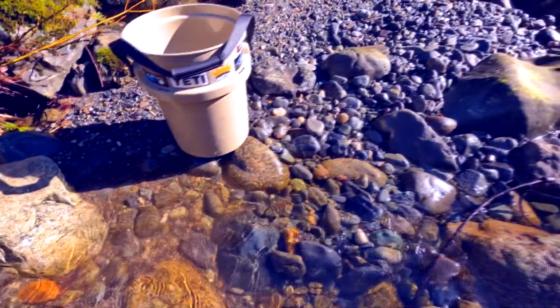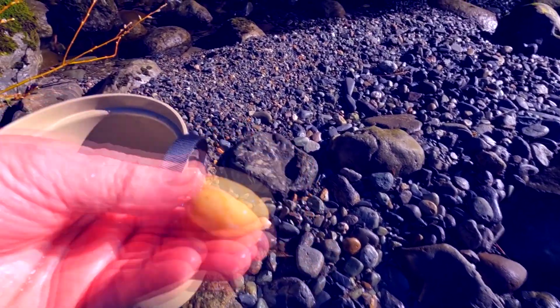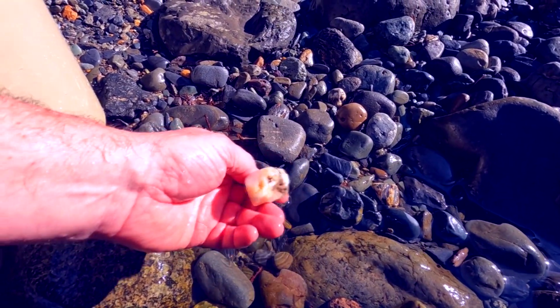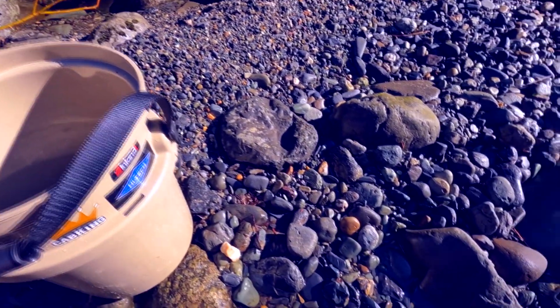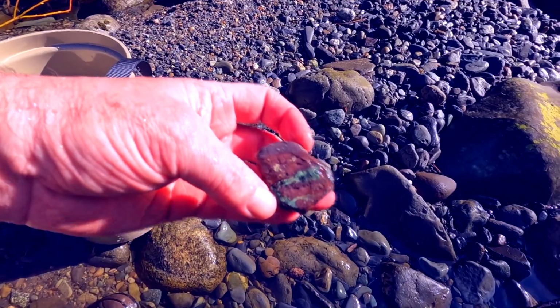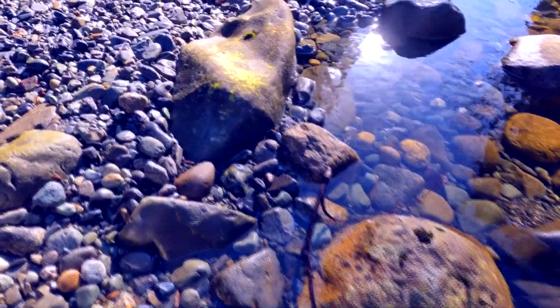Saw a piece of quartzite, I thought, here too. Oh yeah, right there. Yep. Close, but what's that? I could make a cool pendant. Oh, that's cool. Huh. That's one little spot. Found a number of things here, so